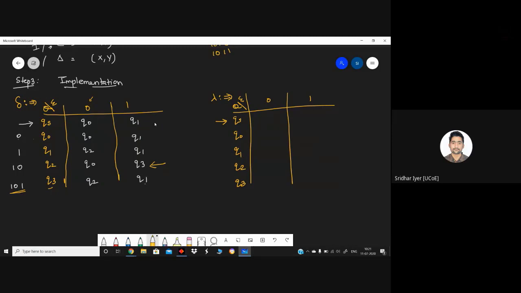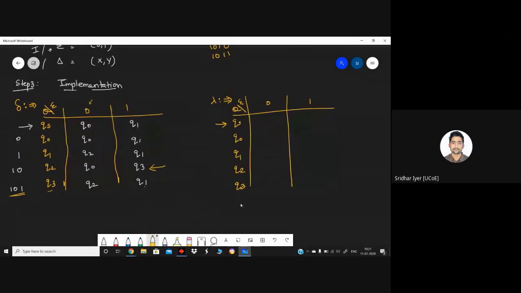Efficiency is lost, correct. So you need to create a machine with maximum efficiency, and that should be able to solve your problems with a lesser number of states. Okay, so that's why I have omitted 00. Otherwise, I could have taken that. So now let's get back to the topic.